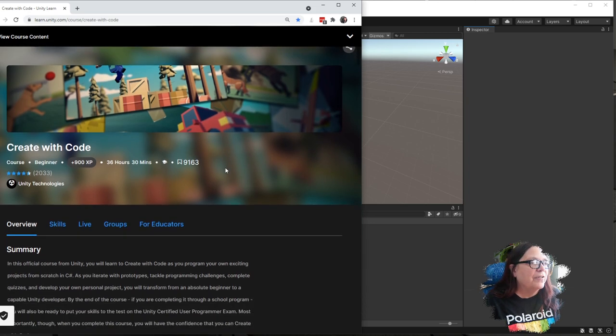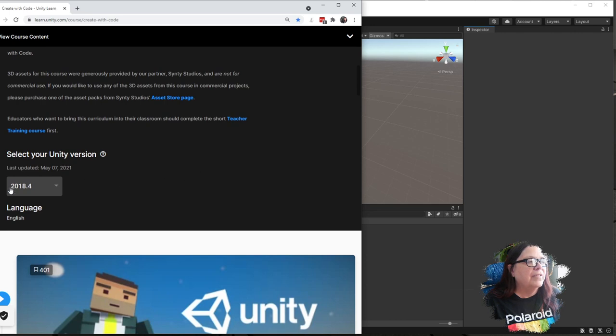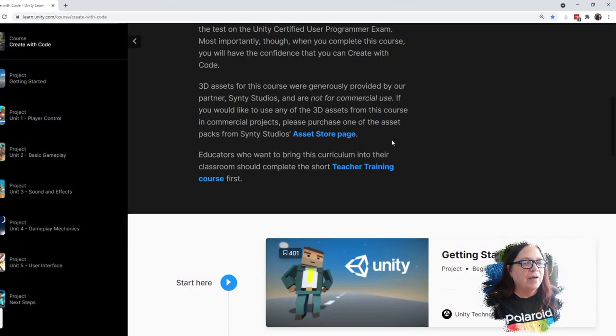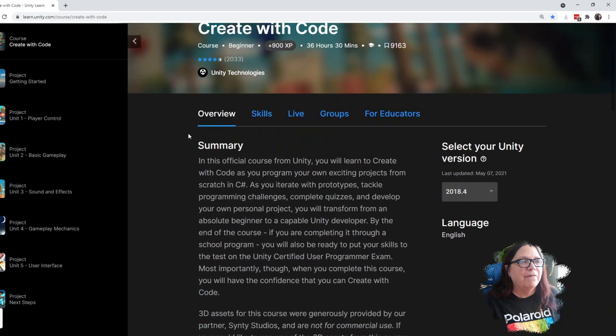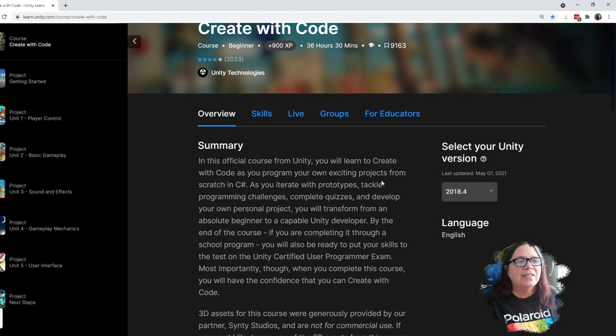So the first thing with this is to know that we are in Create with Code. Let me go and expand this page here. When you very first get started in Create with Code, it says select your version of Unity. Make sure that this is set. This is so important that you set this up for your version of Unity. So I am in